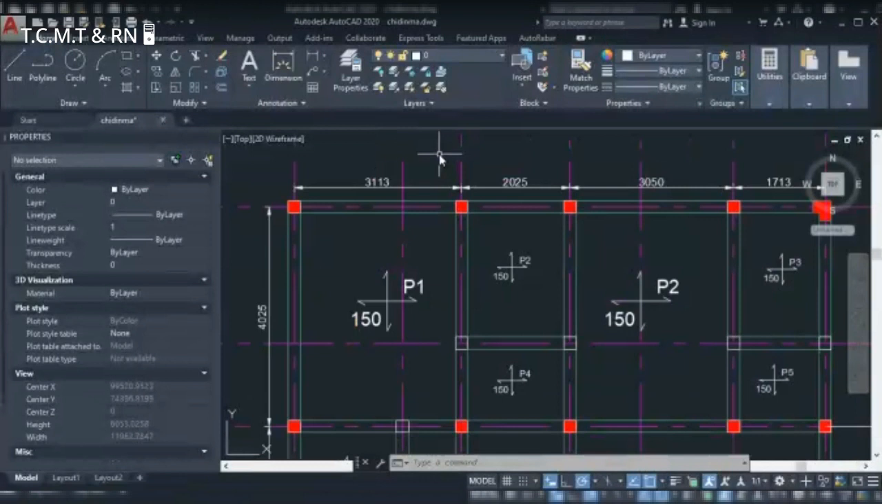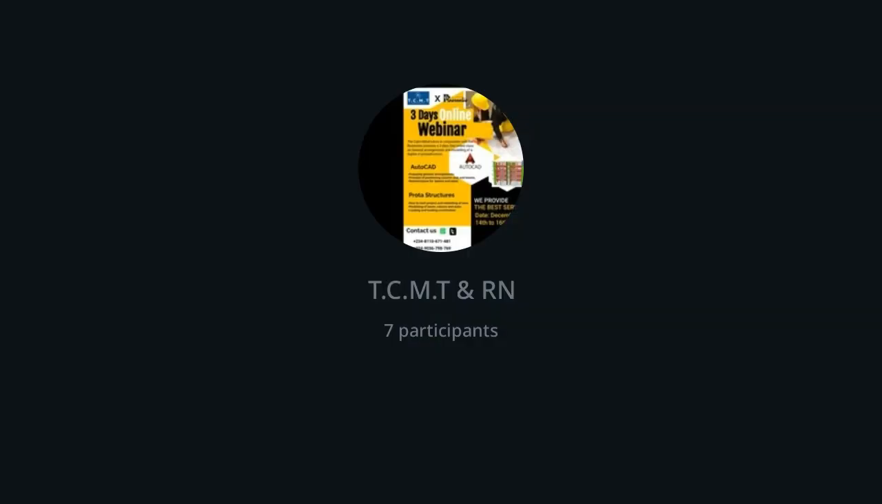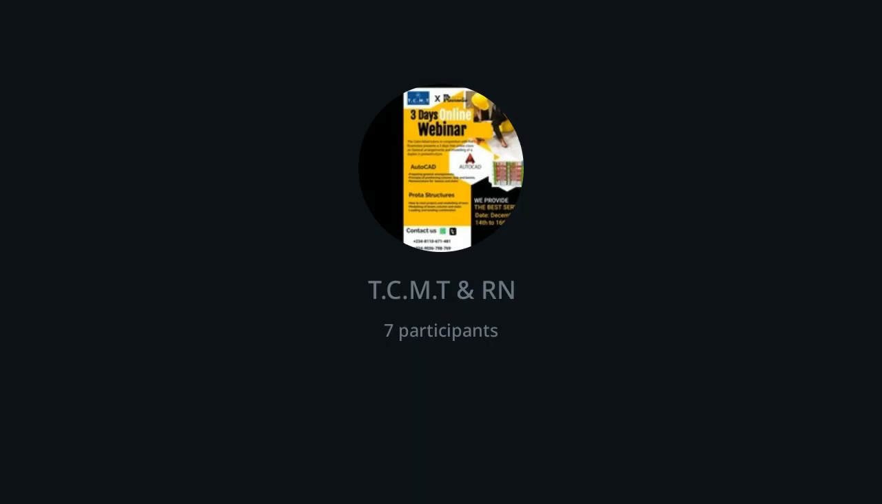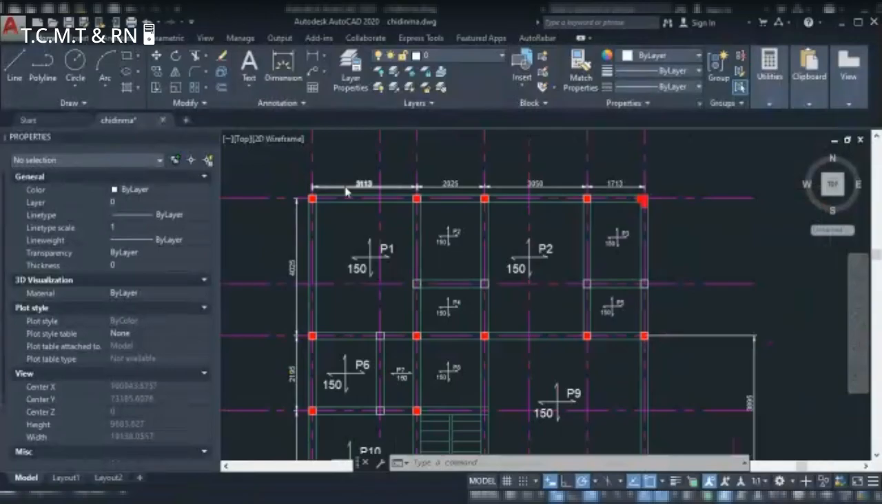Okay, so remember, this is a continuous beam. So we're not going to take the whole length. So what we're going to be doing is,